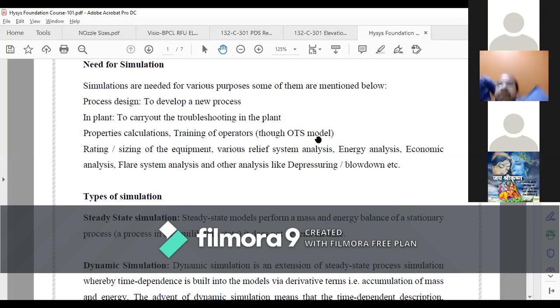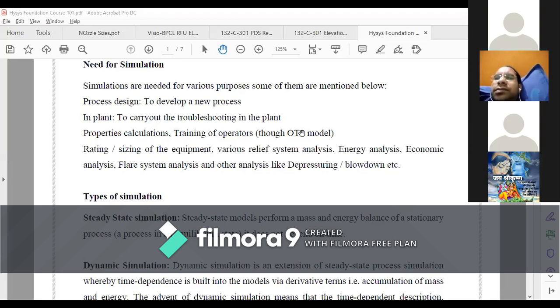In the OTS model, we prepare the model of that particular unit in HYSYS, in dynamic mode, and there will be one other system where we have the exact replica of the DCS screens that you will actually see in the control room.